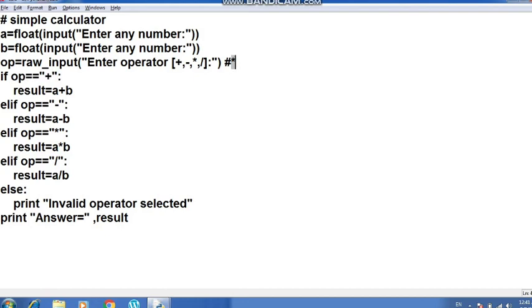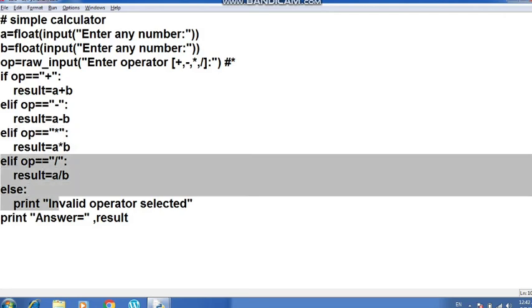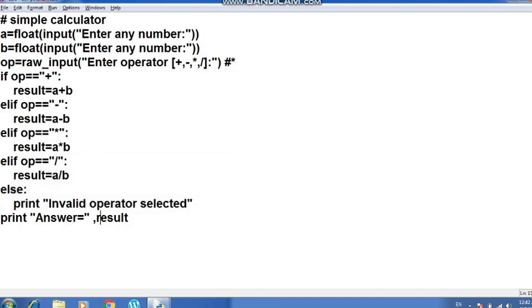So it will jump to the elif part. Again it will be checked. The control will check it and then when the control goes here, it will again check the condition. It goes false because this minus sign is not matching this character. Now it will go here and this character will be matched with this character. So this operation is going to be performed here and then as the work is done here, the rest of the elif part is not going to be executed and then it will come out of the if statement and this result will be printed. Same way if you enter any other kind of operator, it will do so.